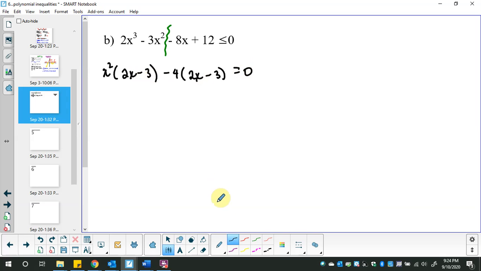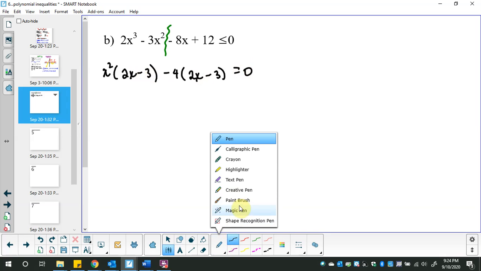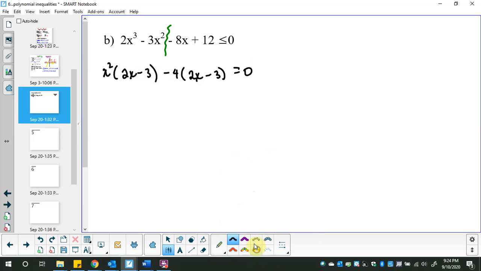And then I've got the same bracket twice, so get used to me digging out my smiley face when that happens. Remember, if that doesn't happen, you either screwed up or you have to do the long division or synthetic division method. So we're going to haul that forward,